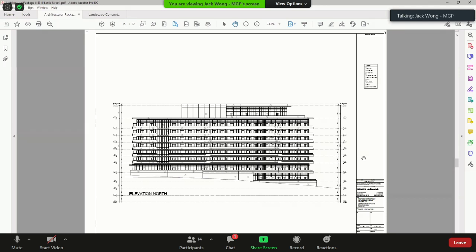Through you, Mr. Chair, when we're measuring height from the Leslie Street frontage, it is a 7-story building, and again, given the topography with the slope going down as we go west on the property, this will essentially be the interface, and yes, it will look like an extra story from that perspective. But once again, given the separation of the western portion of the building with the buffer and the pond, and the distance between this and the subdivision to the west, there is a very generous building separation in that type of condition.